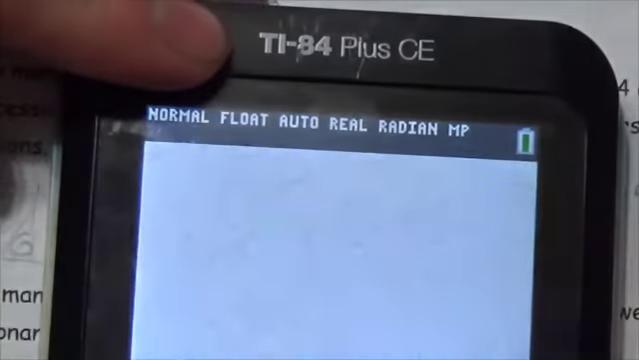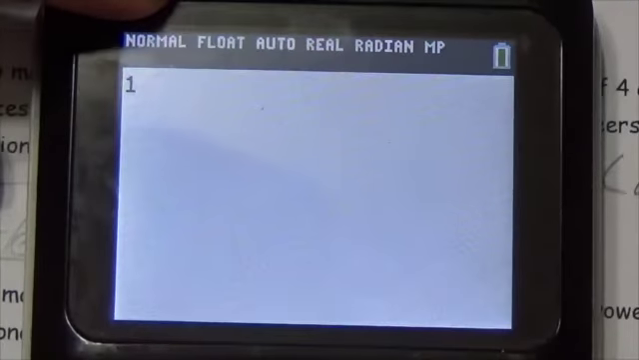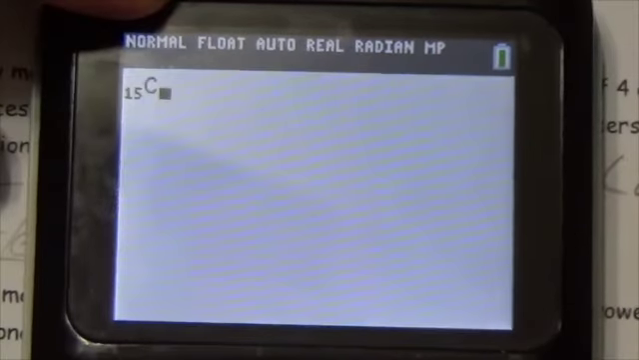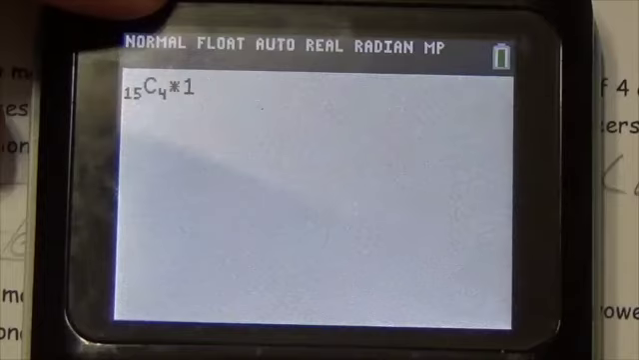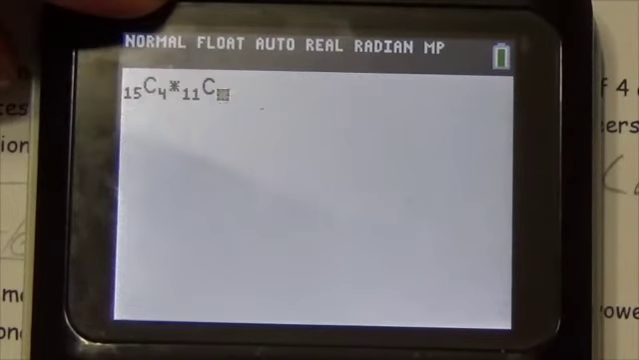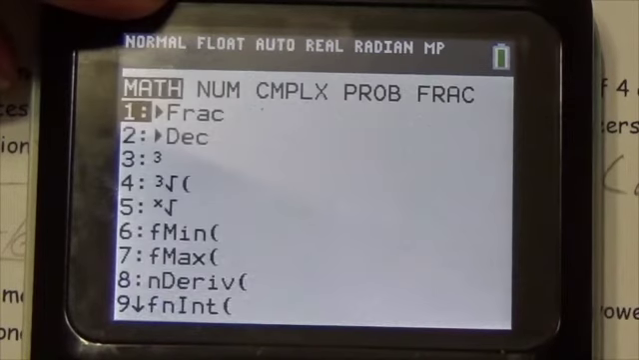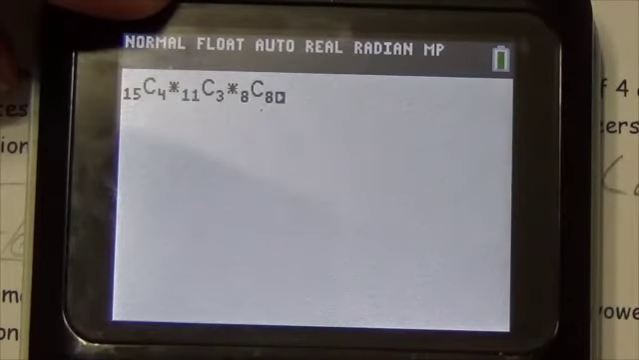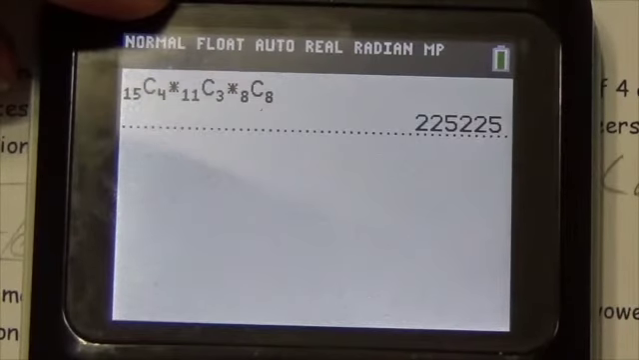And let's figure out what that result is. Okay, so we'll do it the way we started here: 15 choose 4 times 11 choose 3 times 8 choose 8. I don't really have to do this last one, but just so you see the whole thing. Press enter, and we get